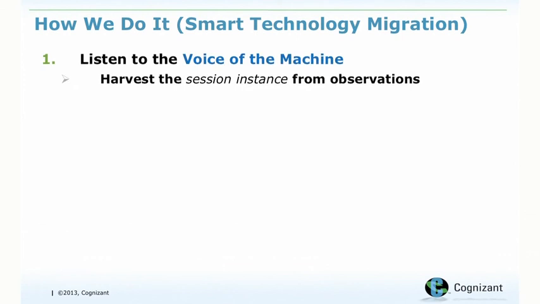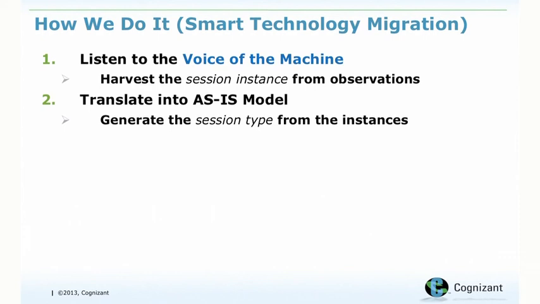So the way that we do it is we listen to the voice of the machine. We harvest what we call the session instances, or the business transactions, from observations, and those observations come from the log files in a pre-production environment of the system that we're looking to migrate. So then when we've got a set of these session instances, these observations, and the business transactions that we can glean from those and how those play out over a system, we can translate that into an as-is model, and